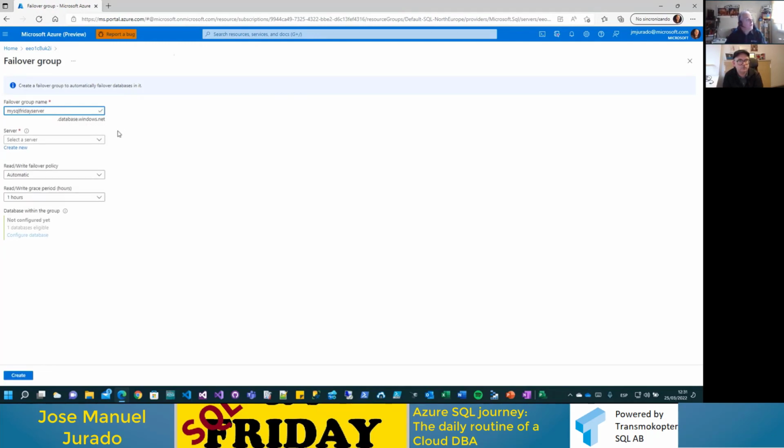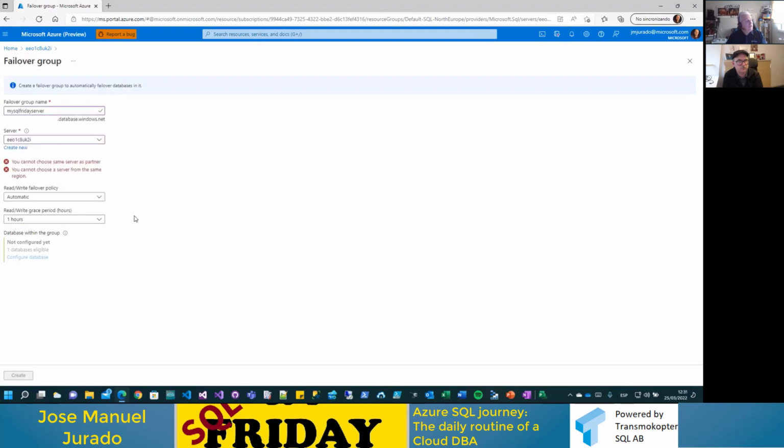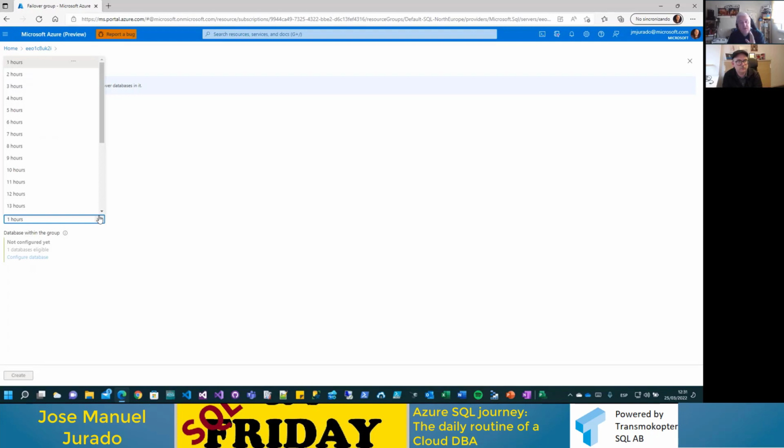Then choose what will be the secondary server. Right now, this is a very important thing: what will be the grace period. Well, this is the most common question that we have. Why 1 hour of grace period to run an automatic failover?